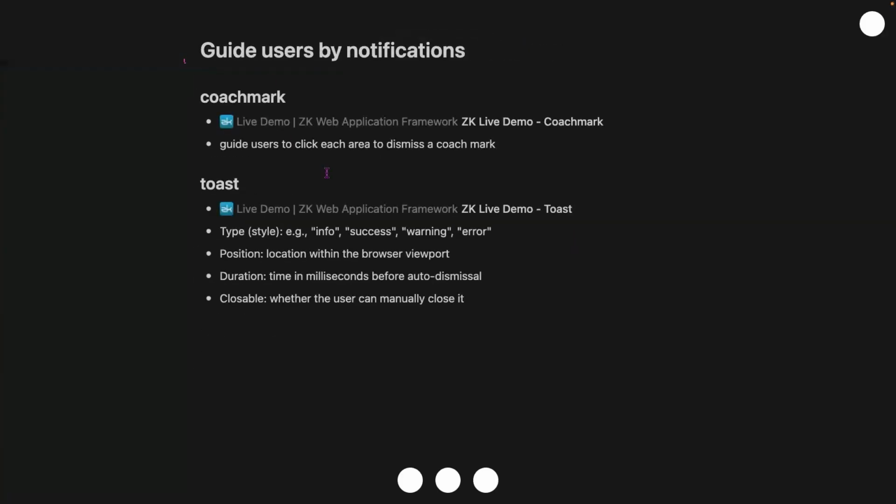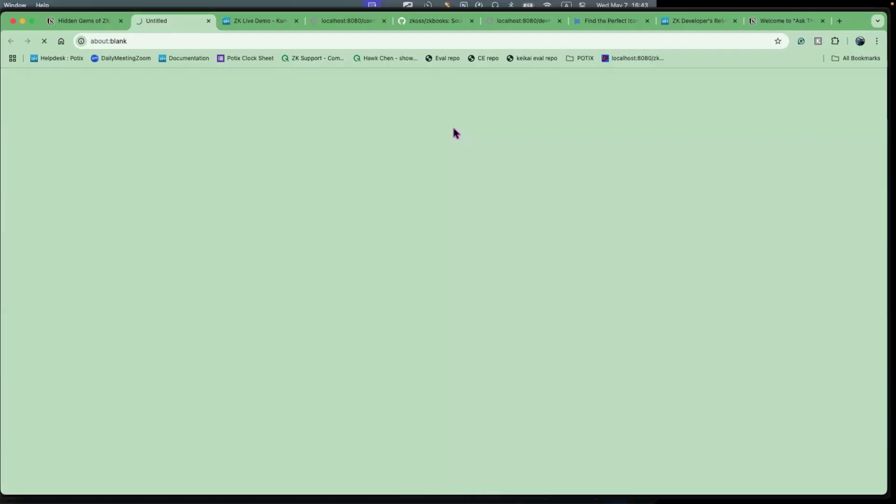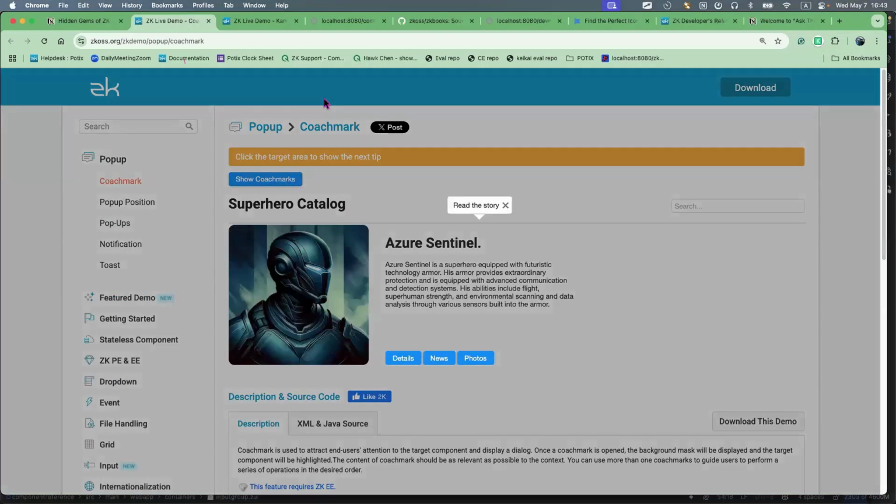Okay, the last one is about how to guide users by notification. We have some special notification like coach mark. The coach mark is very useful when you want to guide users. For example, when they first visit your website or your function, you will show something like a pop-up